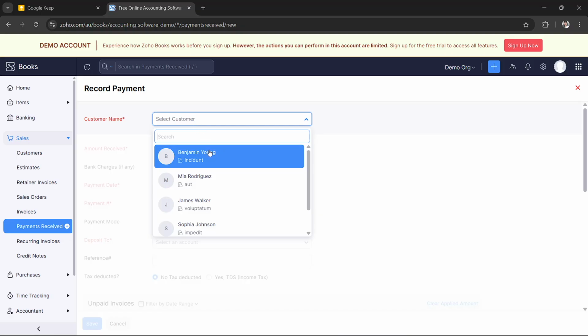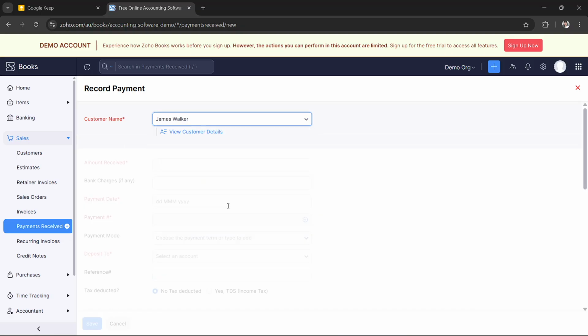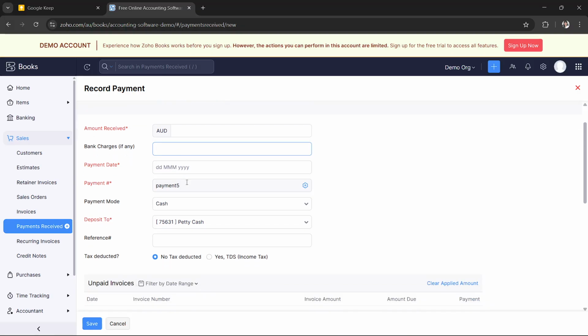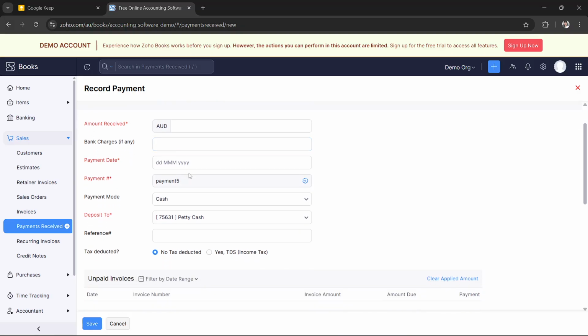So what you will have to do is select the customer paying in advance, so for example this person right here. And what you will have to do next is input the payment amount. And now you will just have to fill in everything according to your needs. Of course, you do have to input your payment amount, the mode of the payment,